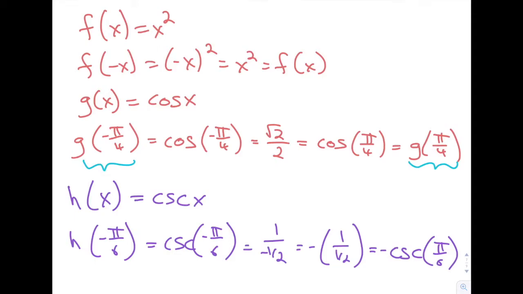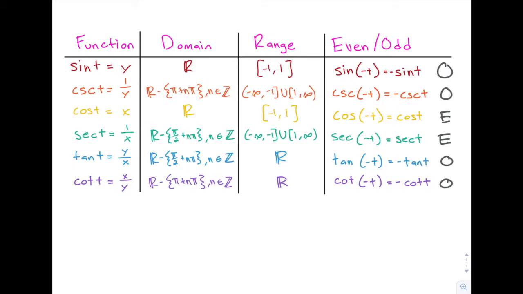To consolidate all of this into a nice chart, I have revised a previous chart that I had in another video. So I have all the functions in the leftmost column, the domain, the ranges, and then the even or odd property. So sine, cosecant, tangent, and cotangent are all odd, and cosine and secant